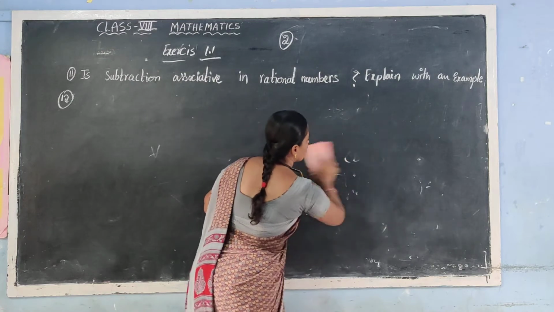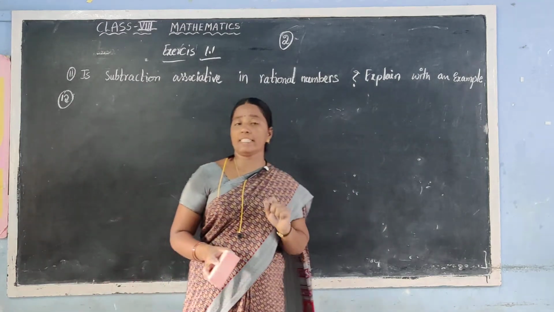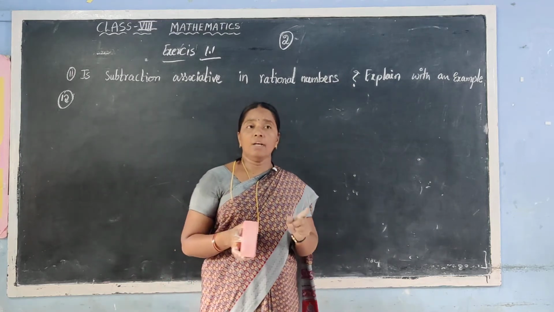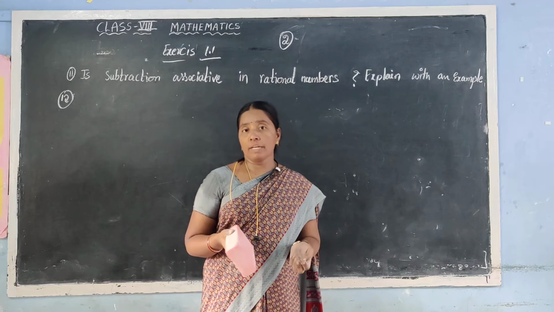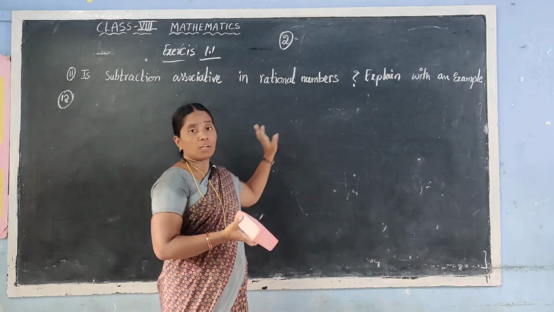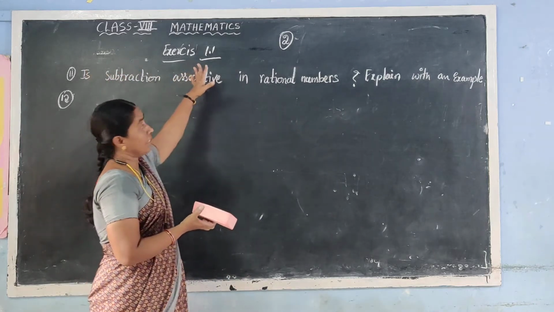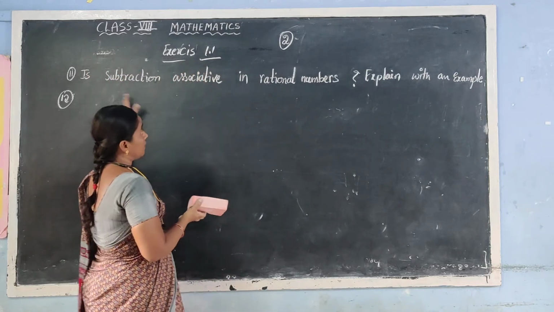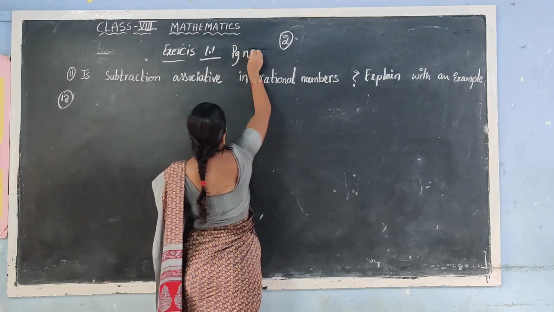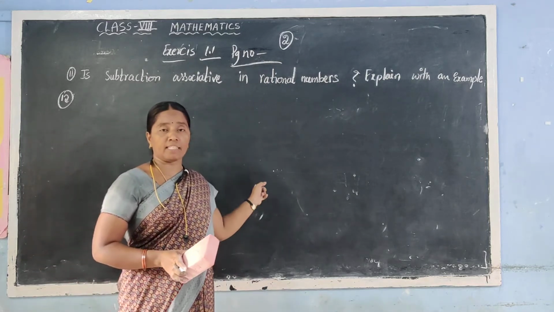I will give you homework, and for all these homeworks I am giving you the answers now. So you have to check the answers and buy the books as soon as possible. And in the homework books, every day you have to keep the date, mention which exercise and which sum we are doing, and the page number. When it is examination time, it is easy to check those sums.